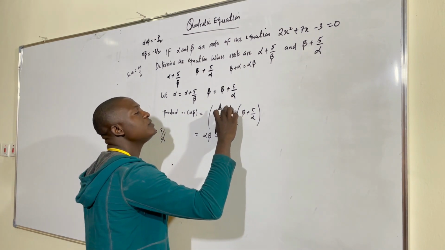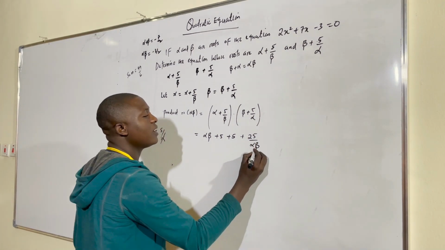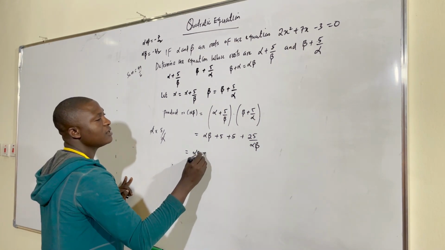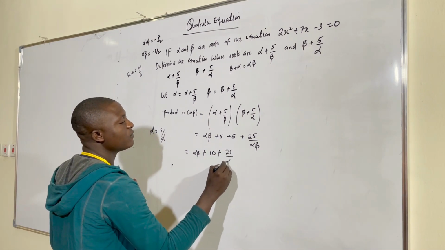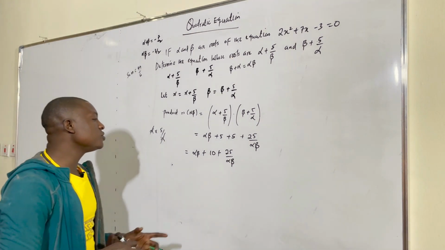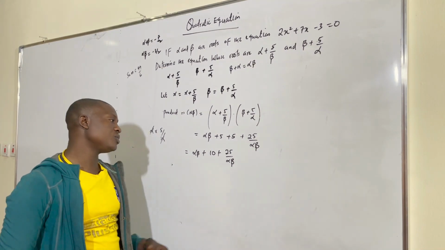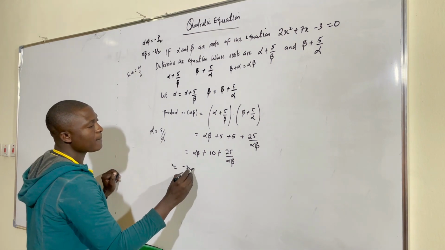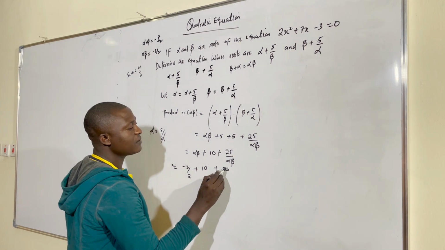5 over beta times 5 over alpha, we are going to have 25 over alpha beta. Now, this one I can have to be alpha beta plus 5 plus 5, we have 10, plus 25 over alpha beta. Now, the next thing is for me to take, we know the result of this, at the same time, we know the result of this. Just substitute, simple substitutions. So alpha beta is minus 3 over 2, plus 10, plus 25 divided